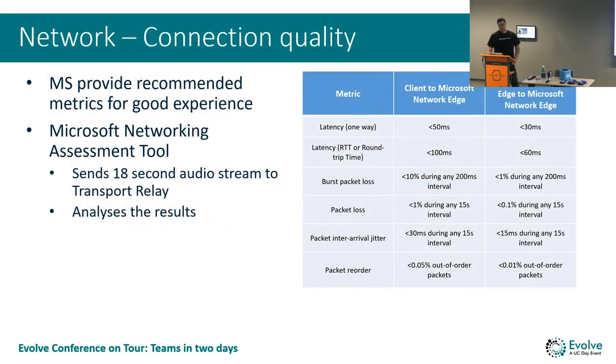To look at your network quality, there's 2 things that you need to do, or to look at your network's ability to support the type of traffic you might want to do with Teams. The first one is quality. So Microsoft provides a Microsoft networking assessment tool. It sends a tiny little audio clip out to a transport relay. That transport relay bounces it back to you over the internet, and then you get a little TSV file that